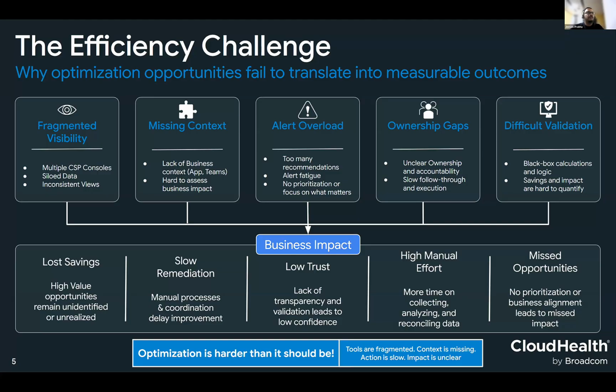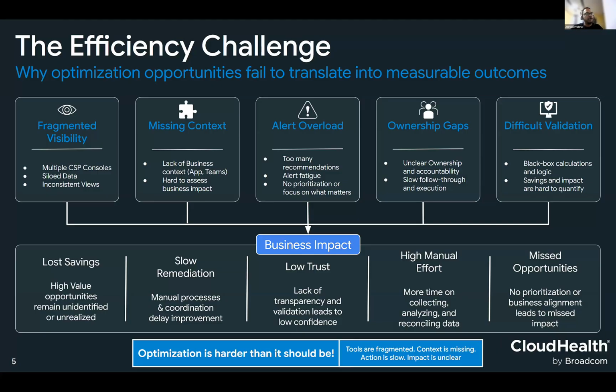The second being, in some way you still get a cohesive view. But if the identification of inefficiencies is not linked to your business, then again it won't eventually be actionable. So, lack of business context. And because this context is missing, you are not able to assess the impact.